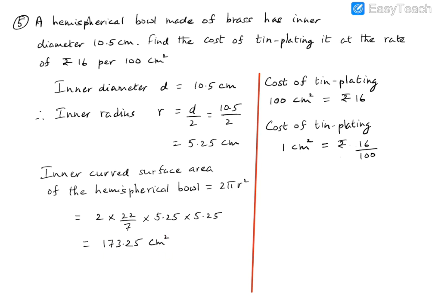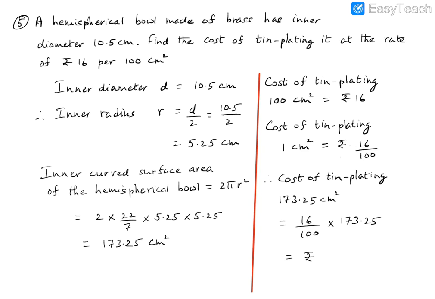So basically we are going to multiply the cost of tin plating 1 centimeter square with the curved surface area of the inner hemispherical ball. So the cost of tin plating 173.25 centimeter square will be 16 by 100, which is the cost of tin plating 1 centimeter square, multiplied with the curved surface area, which is 173.25, and that will give us the cost of tin plating the inner part of the bowl,